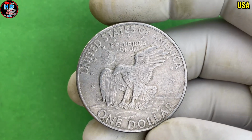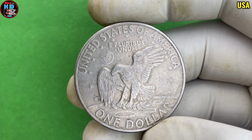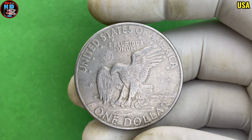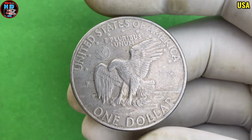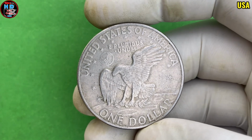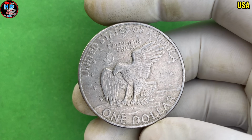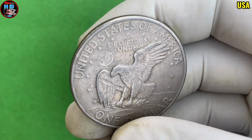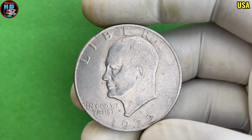Sadly, Eisenhower passed away in 1969, leaving behind a monumental legacy. To honor him, Congress approved a new $1 coin featuring his portrait. Thus, in 1971, the first Eisenhower dollars were struck, followed by the 1972 issue, which became one of the most interesting and valuable in the series. The design of the 1972 Eisenhower dollar was a